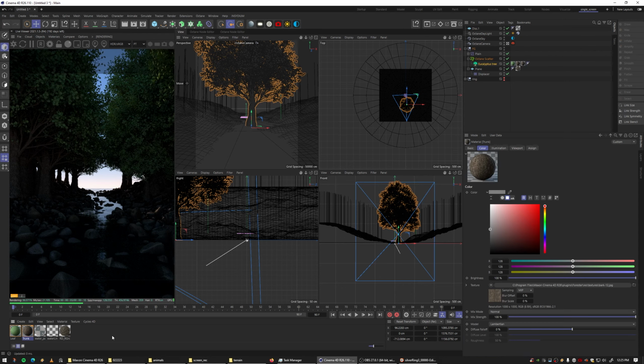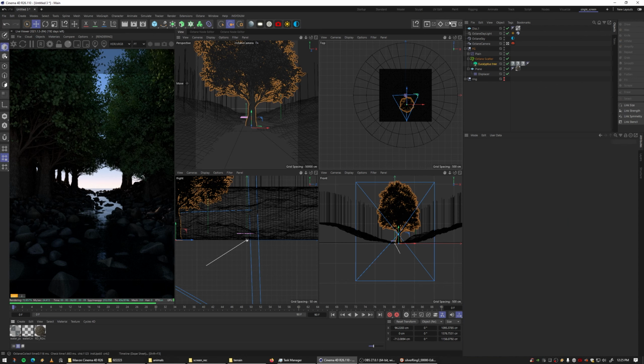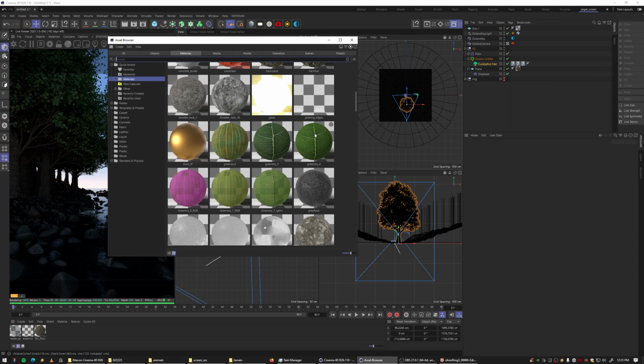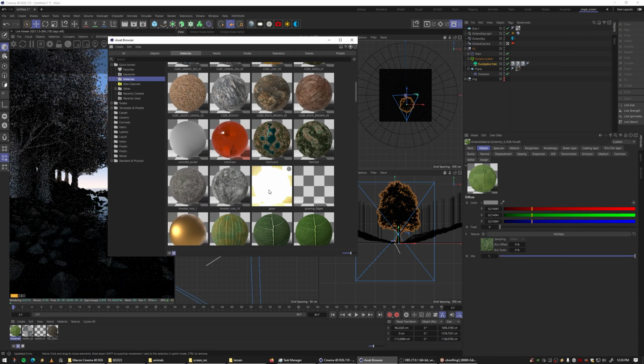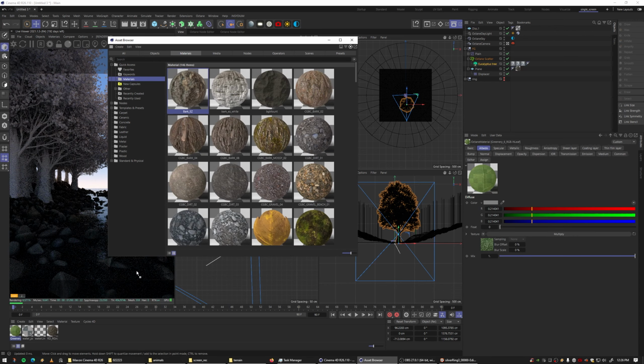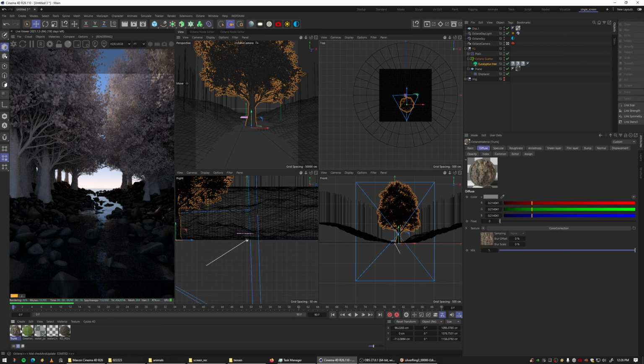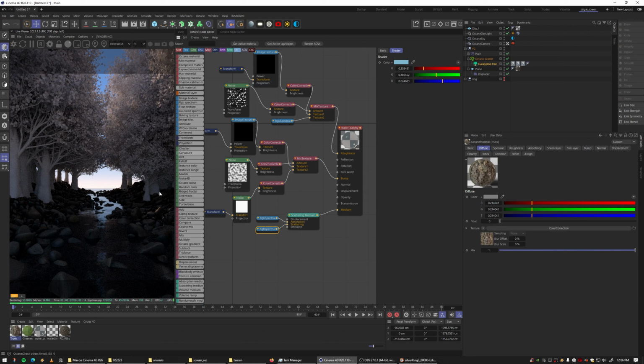And I don't need these materials. I'm going to bring in some other materials that I have saved. I like this leaf, and I like this bark because they're very simple. I'll show you what those look like. The bark material